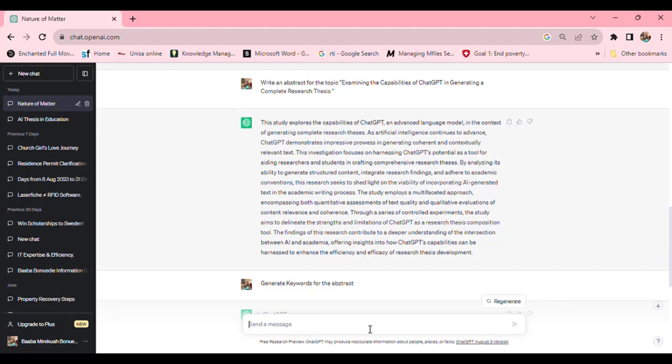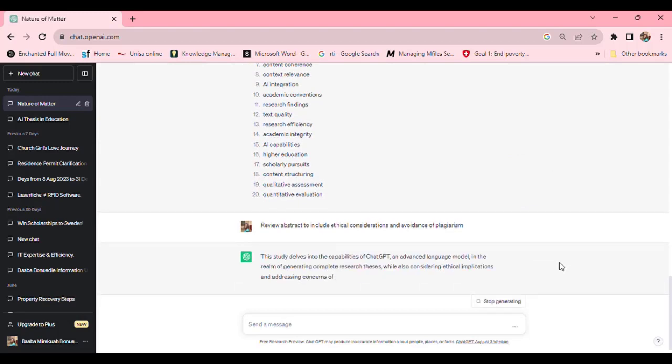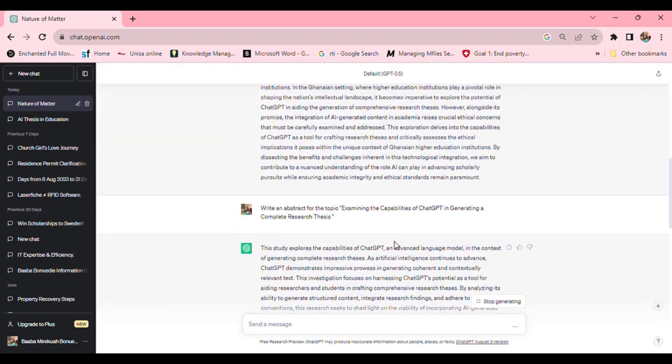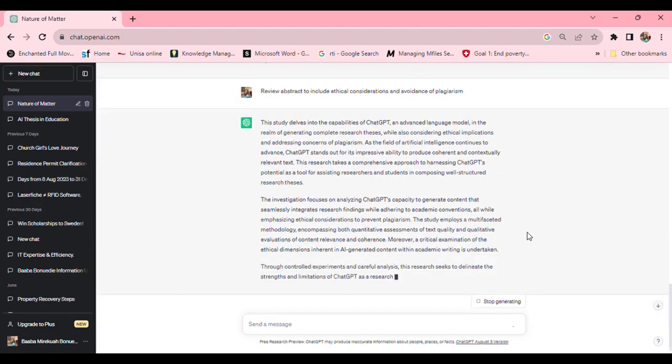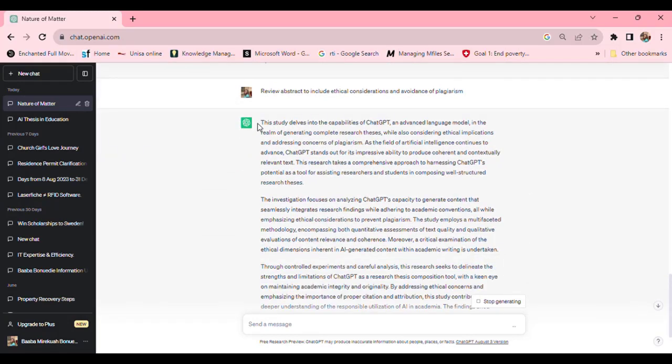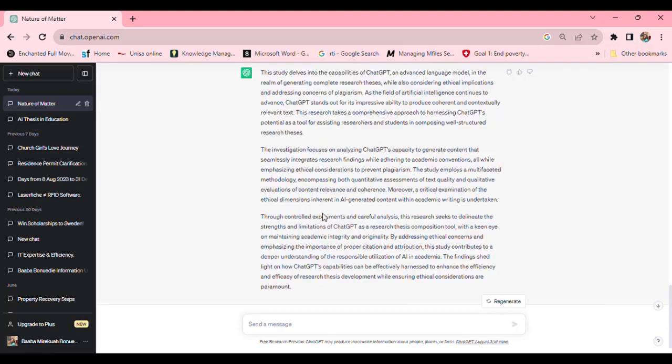So I will say review abstract to include ethical considerations and avoidance of plagiarism. So I'll say to see that ChatGPT is able to rephrase the abstract it gave me here and include ethical issues. So you see that now it's not only about the capabilities of ChatGPT, but however it also comes to include